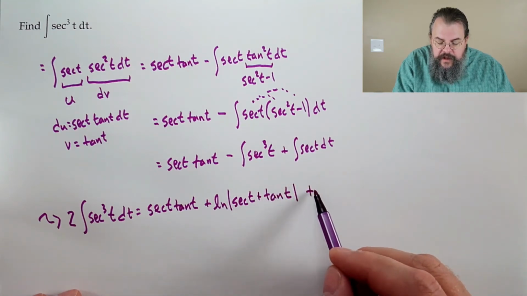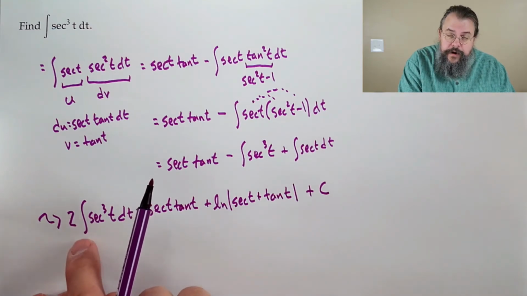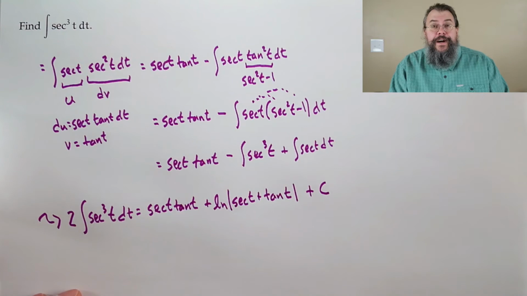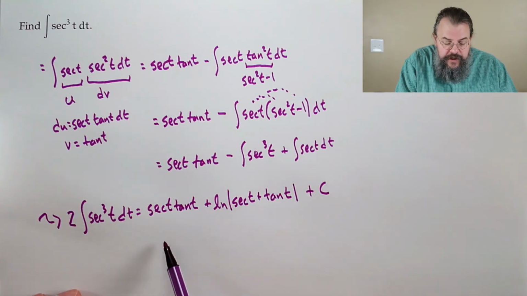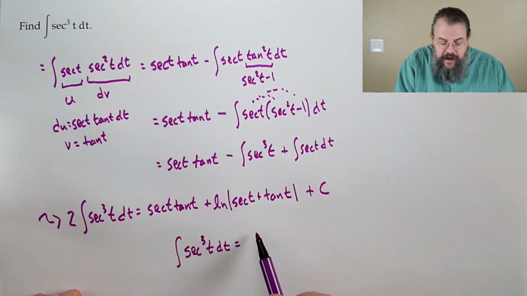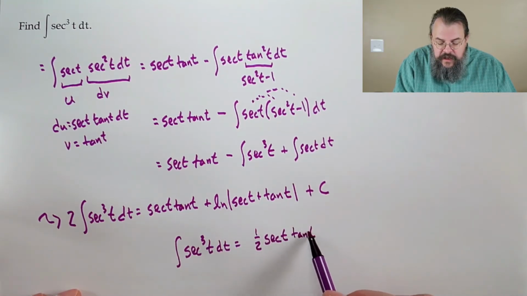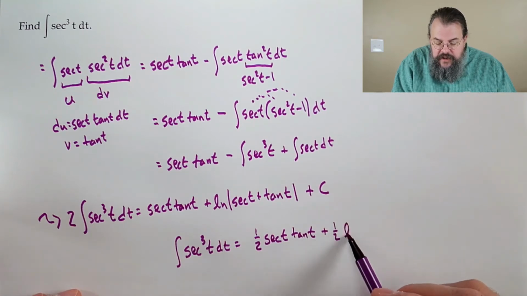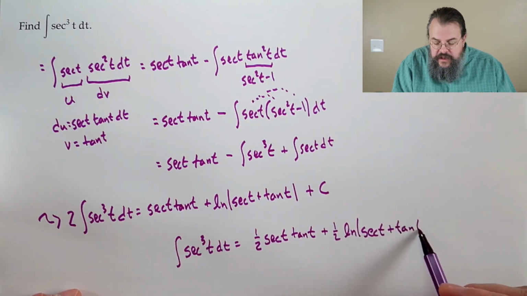And then, as always, plus c. Okay, well, we're almost there. We're off by a factor of 2. But being off by a factor of 2 is a lovely problem because that means divide by 2 and life is good. So we come to the conclusion that the integral of secant cubed of t dt is a half secant t times tangent t plus a half the natural log of secant t plus tangent t,